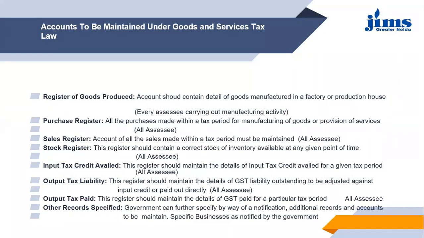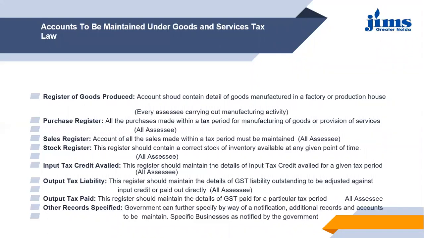So stock register, purchase register, sales register, these all are, you can say, the goods books or services records that you need to maintain in your register. Whatever you have received, whatever you have purchased, whatever you have supplied, and at any point of time what stock you have in your organization. These all are the registers or books that you need to maintain to have a record of the goods or services that you are manufacturing or producing at any point of time.